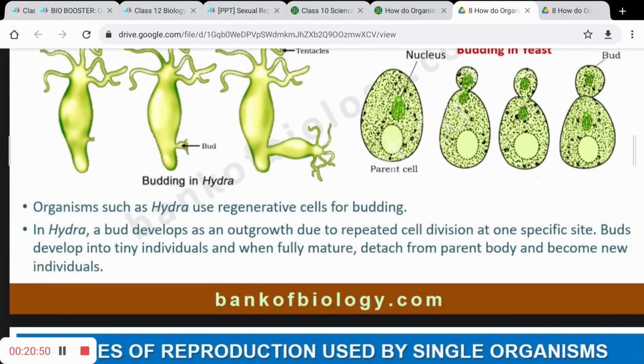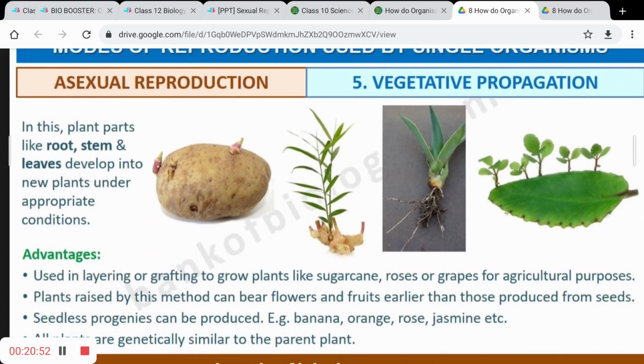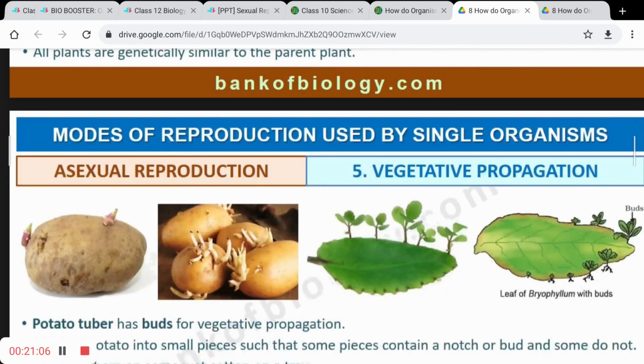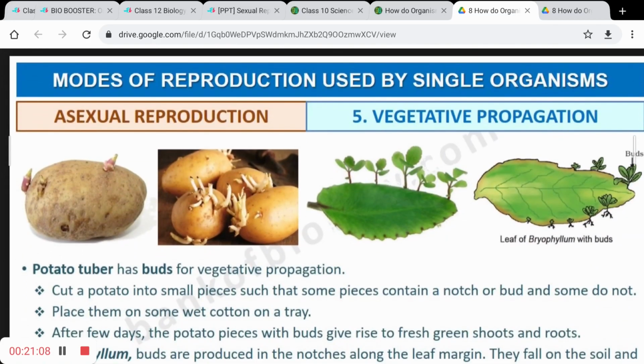Next, vegetative propagation. What does vegetative propagation mean? Using the stem, root, or leaf, the vegetative parts are cultivated for the next propagation. It is called vegetative propagation. For example, for root we use carrot, beetroot, onion, and other things, and for stem cutting,